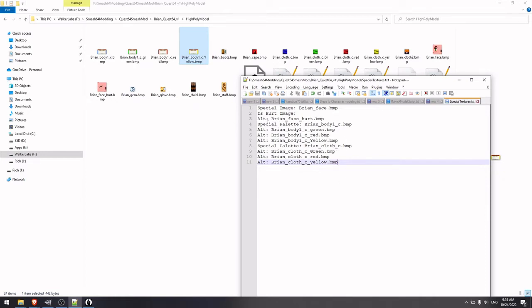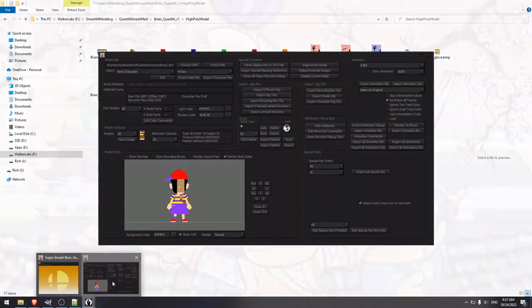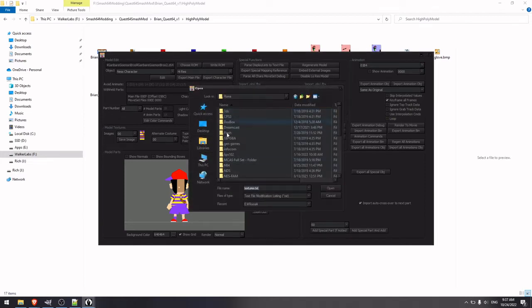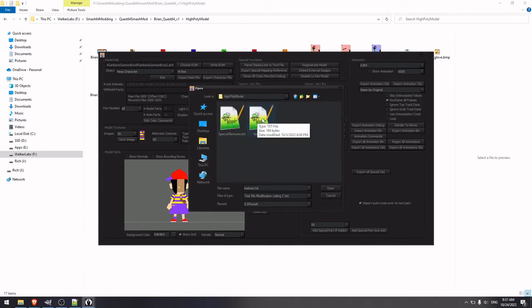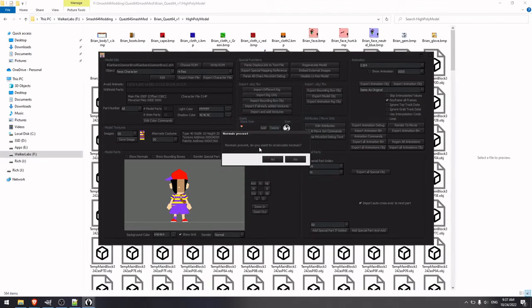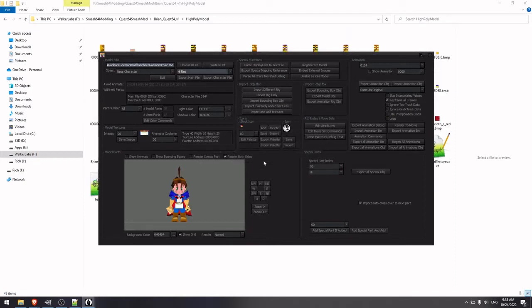So remember, when you're creating your special textures file, always keep the textures in order. Once you've done that, make sure you have your file saved. Let's go down to Golden Editor and let's import. So I'm going to go to Import and Add Textures. We're going to find our model, click on Texture, click on your model, click on Special Textures, and then wait. Normals present. Do you want to recalculate? Yes. This is making sure all the tris, all the triangles, are facing outward. And with that, we have imported